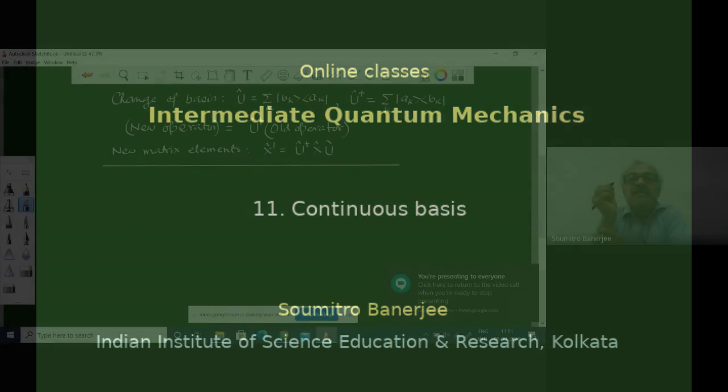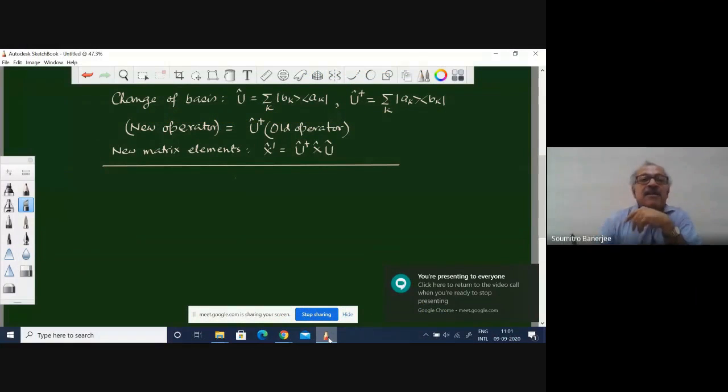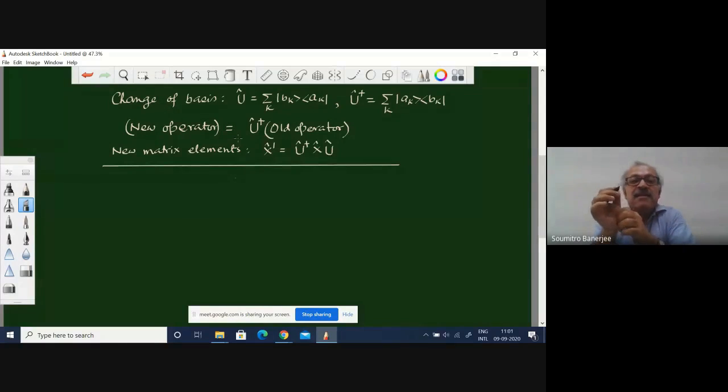In the last class, what we learned is essentially that if you have some operator, say omega, given in some arbitrary basis,